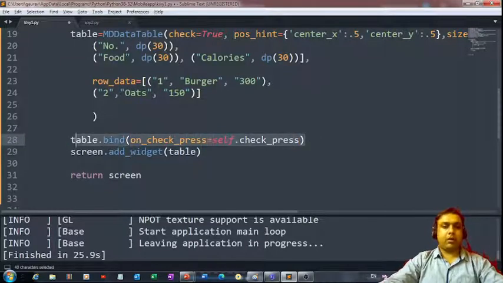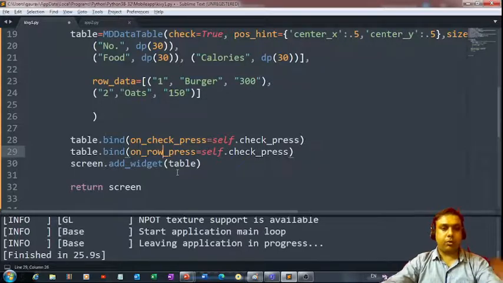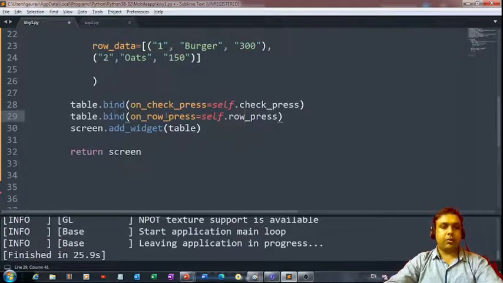Similarly, if you want something to happen if the user clicks on any of the rows present in the table, you can just change it to row, right? And then I think it is fine like this, or we'll have to change it to row. Yeah, this is fine. And here we can change it to row. So this function should be executed by the interpreter in case the user clicks on any of the rows.